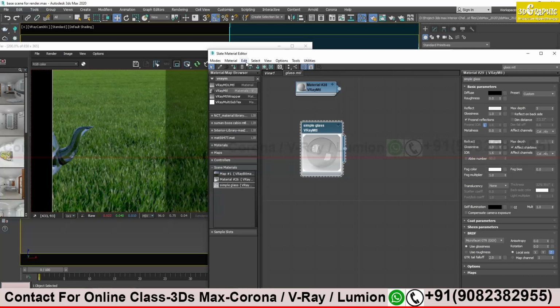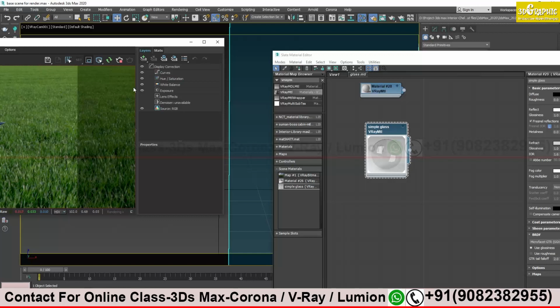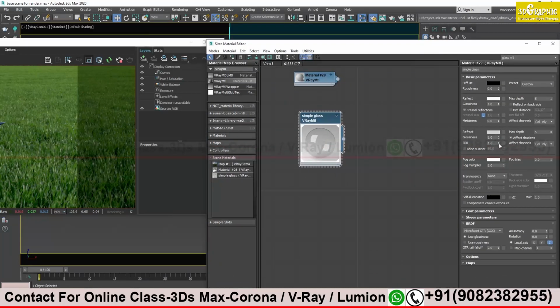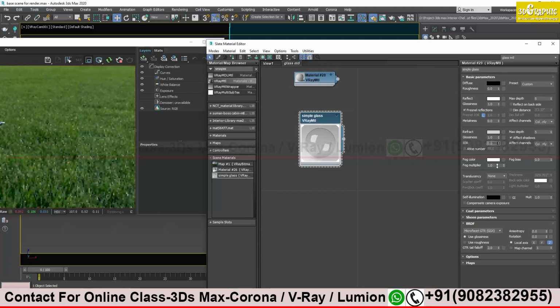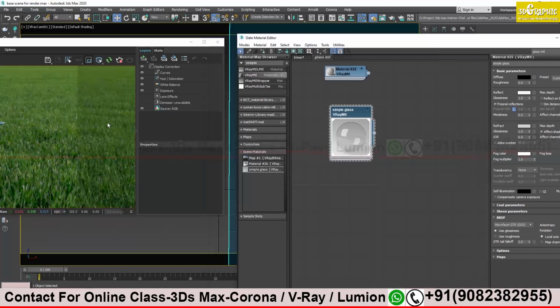Let's see what happens. Now let's do it. We try to change the value over here. Actually, you might have noticed that the shading property is changing over here, going dark and going brighter.